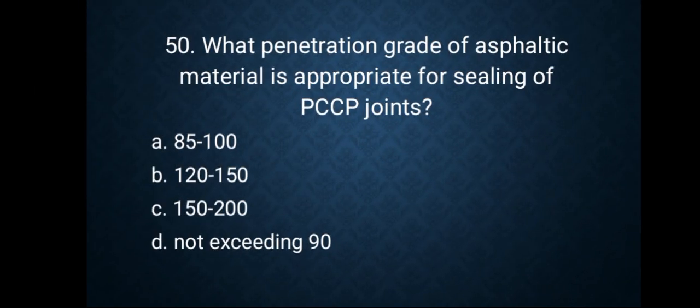What penetration grade of asphaltic materials is appropriate for sealing of PCCP joints? A, 85 to 100; B, 120 to 150; C, 150 to 200; and D, not exceeding 90. So the answer is